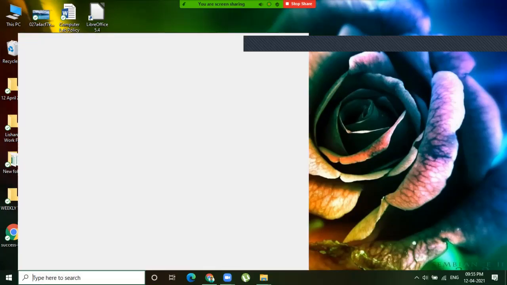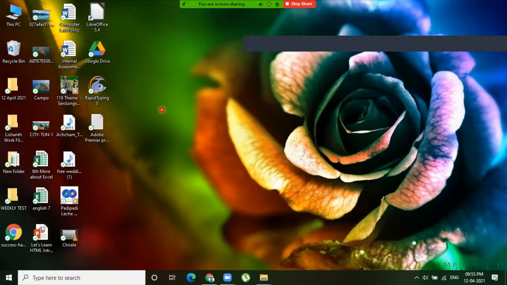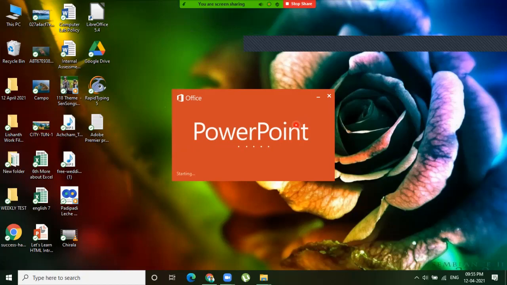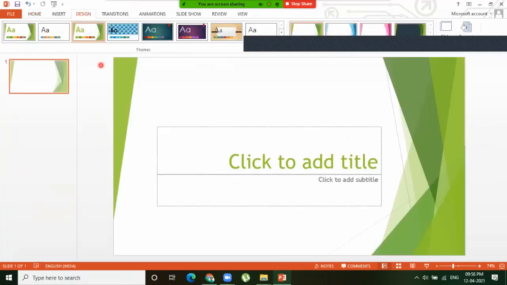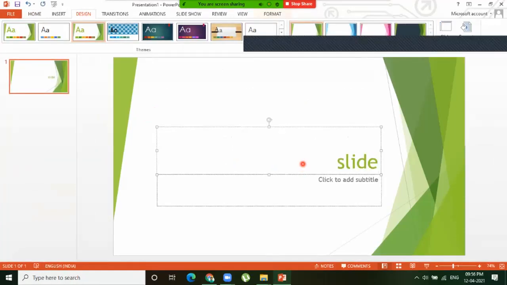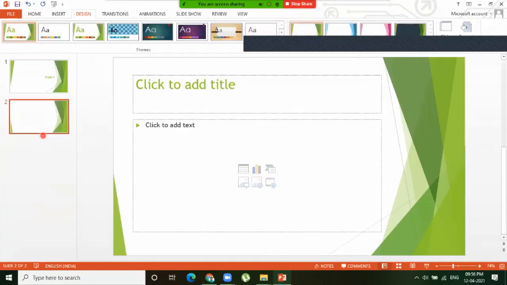presentation. So first of all, open the PowerPoint presentation. Choose any one of the theme if you want, as per your choice. You can choose. If you don't want to select, no problem. So for this slide, I'm giving slide 1, and here I'm going to take a few more slides. To insert new slide, press Ctrl M. M for magic. So you can take